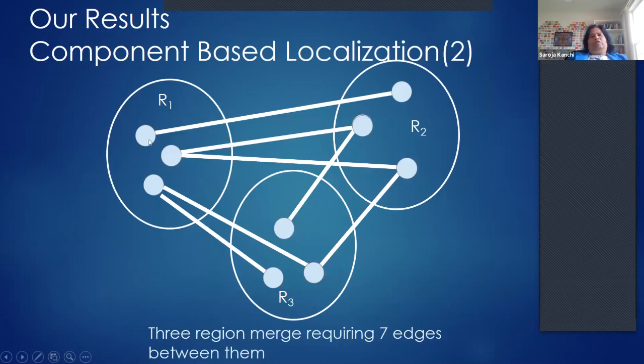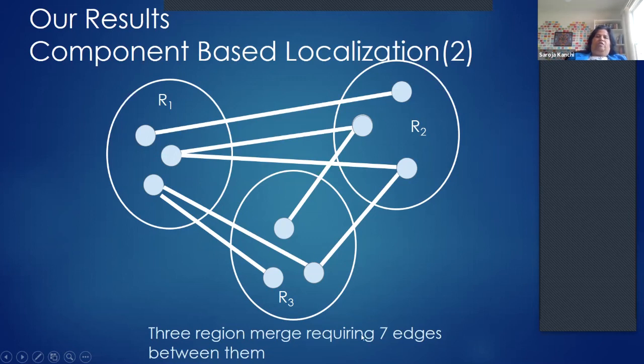So then we moved on to what I call a 3-merge theorem. We knew how to merge 2 regions, but what if none of those conditions are met? We needed 4 edges between regions in order to merge, and if you didn't have 4 edges between regions, you cannot merge those 2 regions. But are there better ways to merge? And the answer was yes.